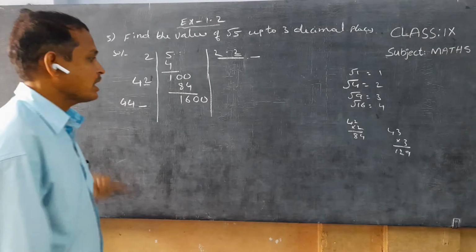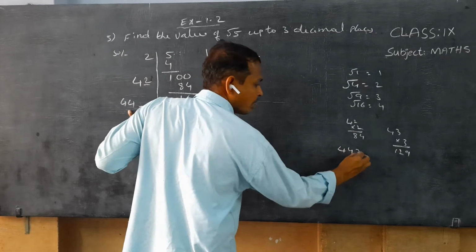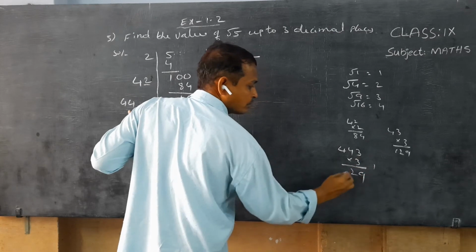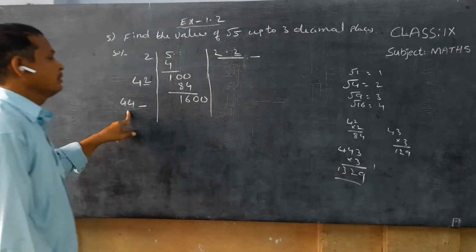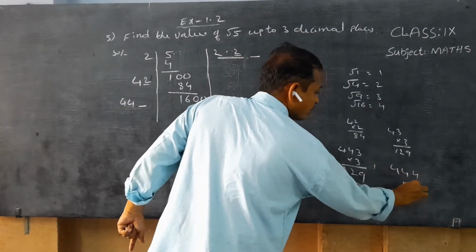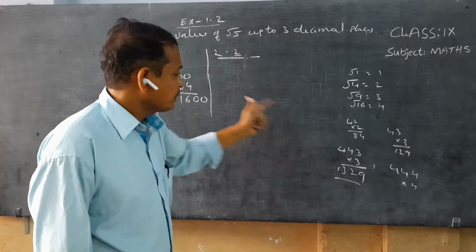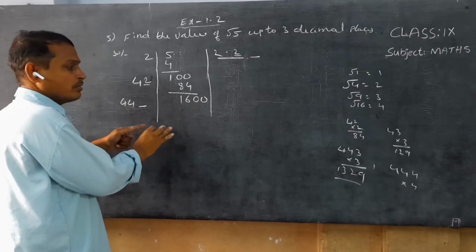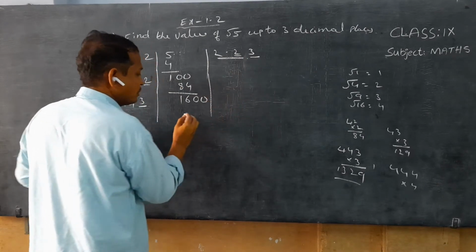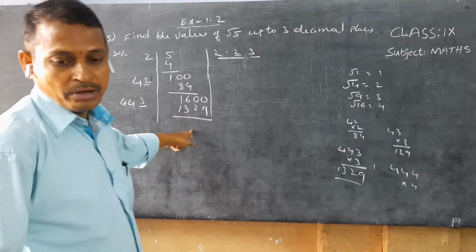Again, how many times can it be cancelled? Children, the first point is very important. 44, again, we need the value for 3 into 3. 3 3s are 9, 3 4s are 12. 4 3s are 12, that is 1, 3, 2, 9. Again, children, for example the required value is 4, but we cannot use the biggest value because it is not divisible. So we have to use 3 only. So 443 into 3. What is the value, children? 1329. So what is the required value, children?